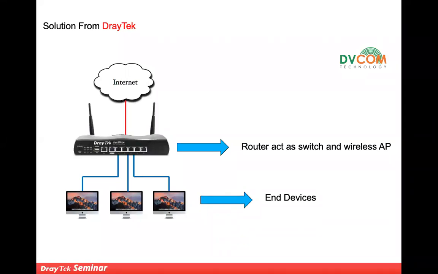Then after that, you can terminate your internet connection. At the same time, the DRETEC router acts as your wireless access point, so you can configure your SSIDs in the same router, and you don't need to buy a switch. This is a very good solution, especially for a very small deployment, like 3 to 4 devices. You just buy a router. That's it. The router supports your Wi-Fi, acts as a switch, and at the same time you can terminate your internet connection. So that's the solution from DRETEC.